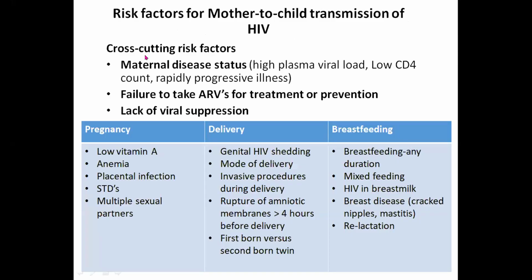We'll again just revise the factors that increase the risk of transmission of HIV to the infant. And these include maternal disease, including high plasma viral load. Again, we are thinking of when is this mother acquiring infection, because we know in acute HIV disease, there is that initial rapid replication with a very high viral load, a low CD4 count, and also rapidly progressive illness in the mother. Of course, failure to take ARVs for treatment or prevention at any stage will increase the risk of